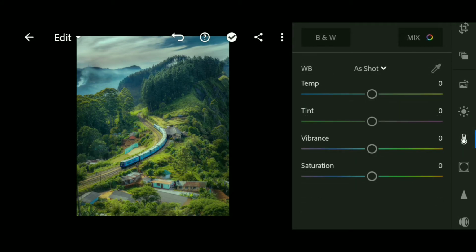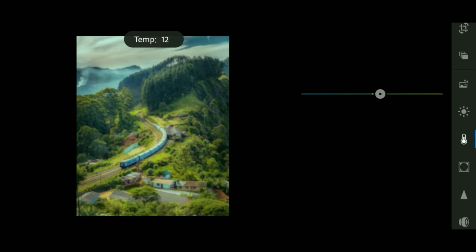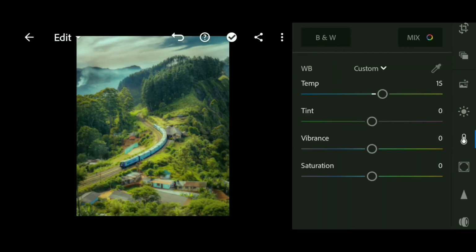Temperature to 15. Tint to -14. Vibrance to -10. Saturation to 10.